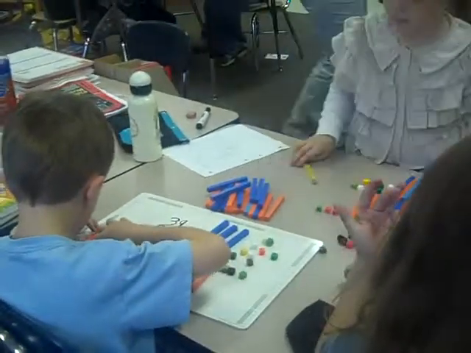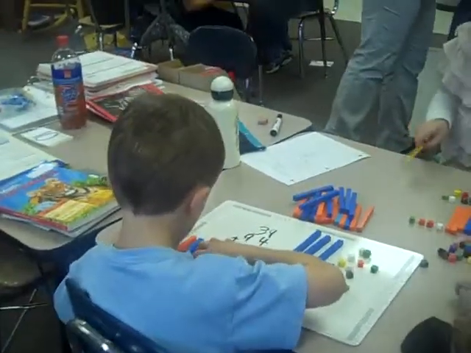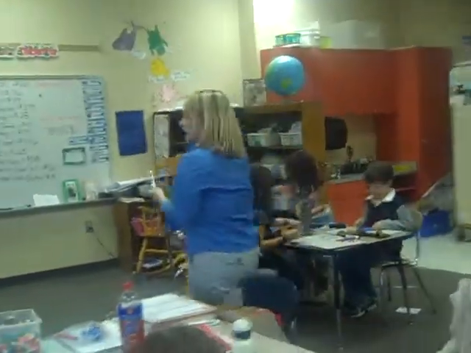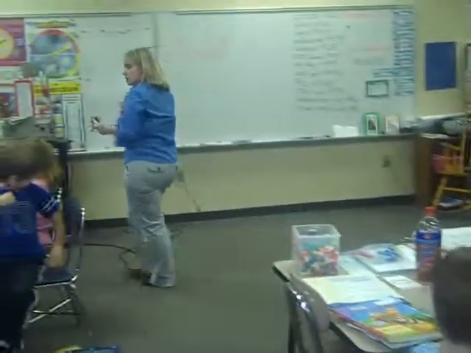You have 3 tens and 9 ones. How many do you have? All right, everybody. So right now what you should have is 39 on top and